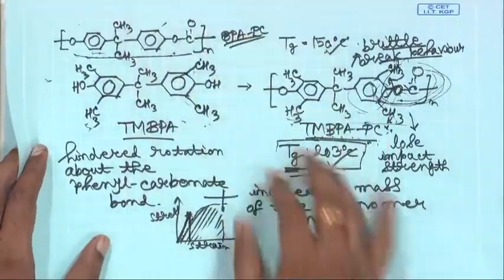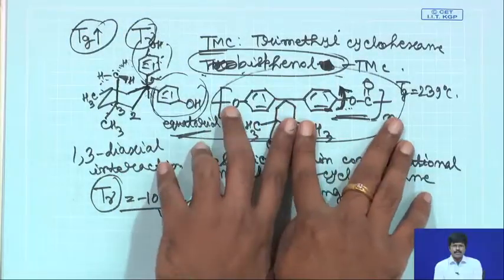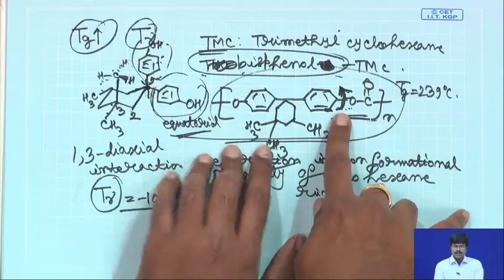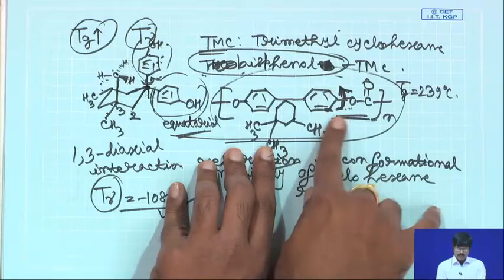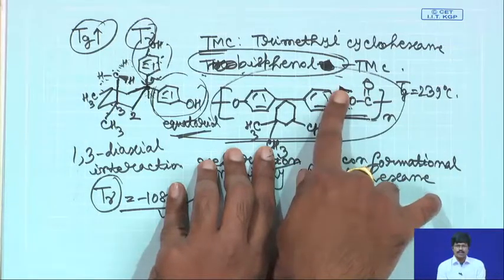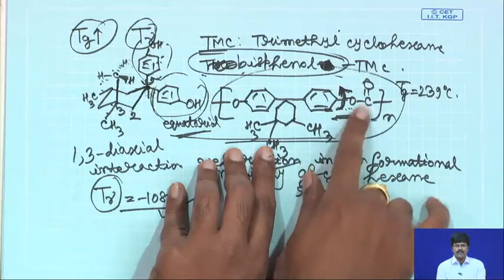So, what we told is that in order to solve this problem, we can rigidify the main chain in order to increase the thermal stability, no doubt, but do not try to affect this rotation, do not try to hinder this rotation around the phenyl carbonate bond. If you do not hinder this rotation, then your T gamma or the gamma relaxation temperature remains relatively unaffected, but